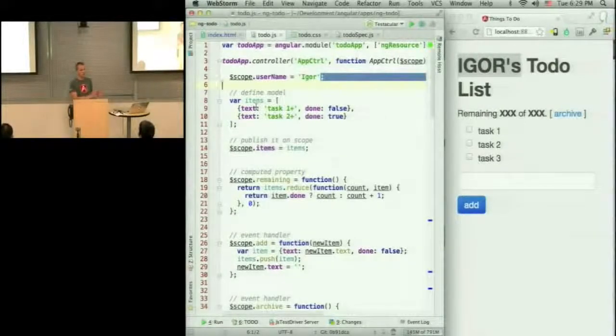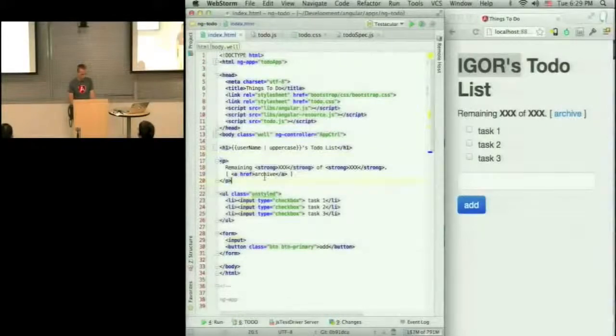So your model and the controller live in the JavaScript. The template is just HTML, which is converted into DOM, and then Angular consumes the DOM and brings the two together and makes it alive. And with the repeater, we have constructs like ng-repeat,